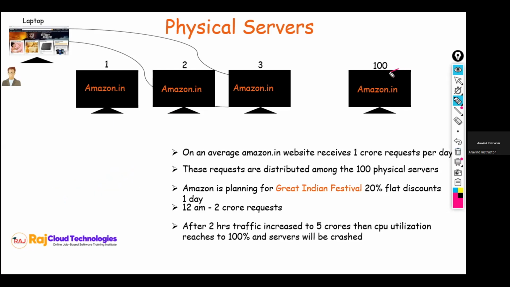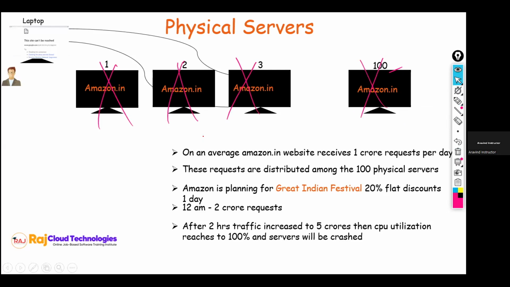Here, we have only 100 servers, but the requests are more. 2 crore, 3 crore, 5 crore, but the servers are 100. So these servers are not able to handle the capacity. They are reaching maximum CPU utilization. What happens? Servers crash. If they reach 100%, servers will crash. When the servers have crashed, if people are still accessing www.amazon.com, they see this page: This site cannot be reached, because the backend servers are down. It is not giving you any response. If it is not sending any response, you cannot access the website. Midnight 2 o'clock, your application is down.